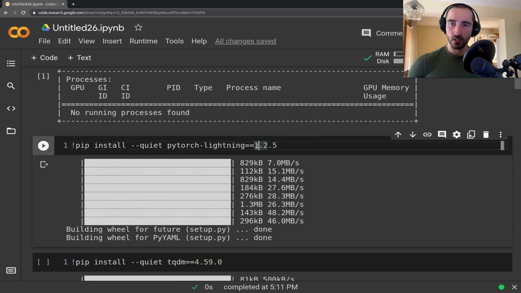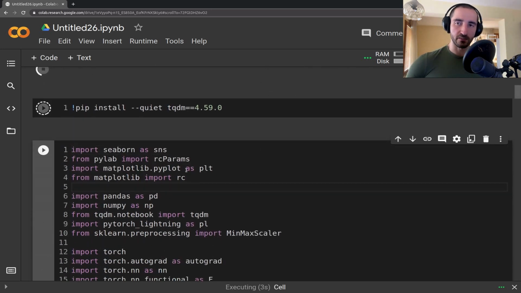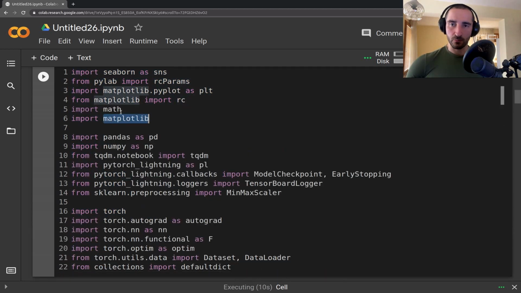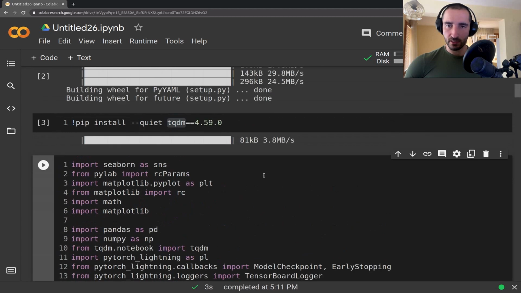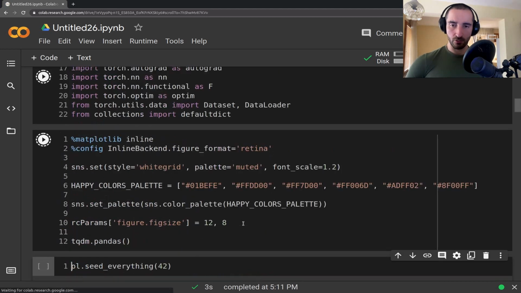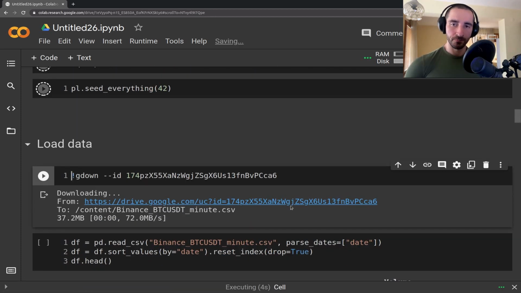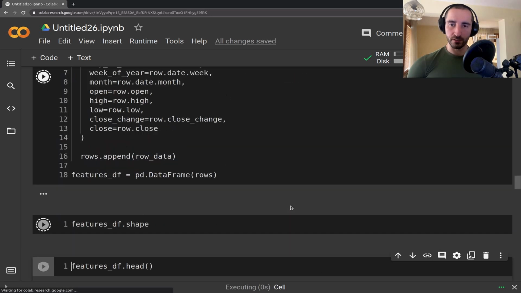After this runs, I'm going to change some of the imports. So still K80 unfortunately, but that's all right. I'm going to install PyTorch Lightning and some of the latest version of TQDM, and in here I'm going to add matplotlib, model checkpoint, and early stopping from PyTorch Lightning because we are going to use those. And basically after that I will run this, and this is again exactly the same thing that we had before, running through the data. I'm going to complete the pre-processing steps,